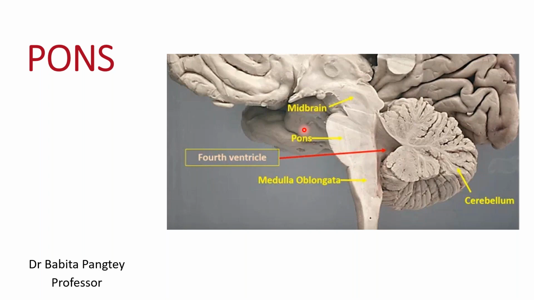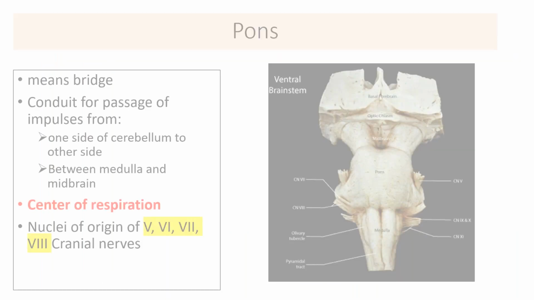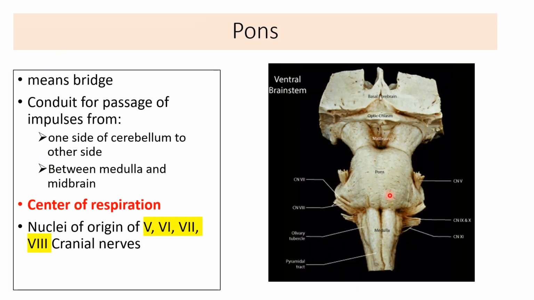We'll start with today's lecture. So we'll be starting with the pons, and we all know from our knowledge of the brainstem, and the demo you had yesterday, that it is the middle part of the brainstem. The literal meaning of the pons is bridge. So it is basically bridging between the different portions of the brainstem, that is the midbrain and the medulla, also